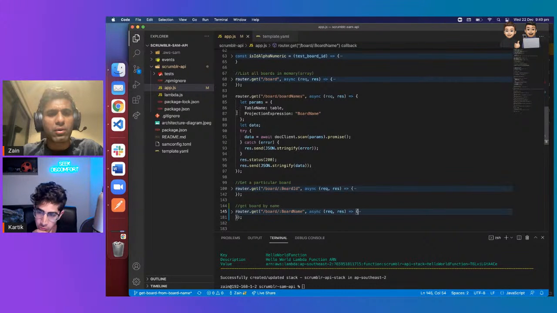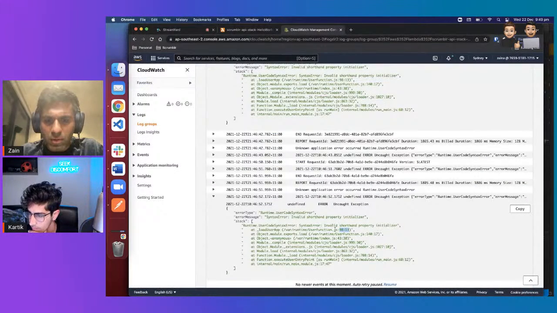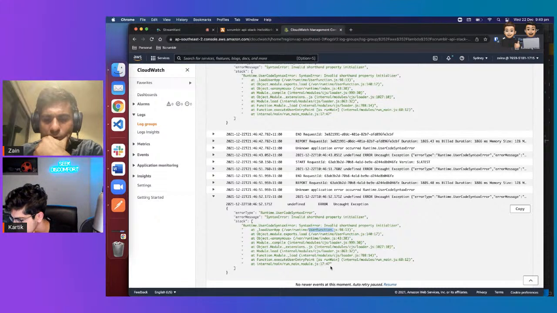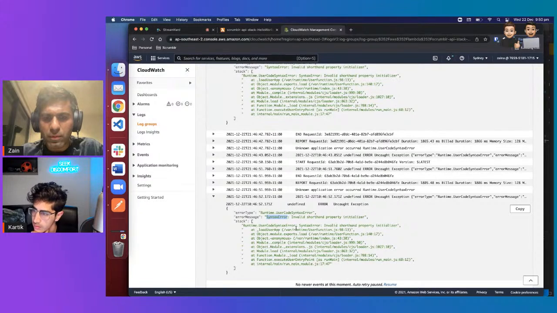Also, the 98 which you're looking for, it's not of the app.js. If you go back to it, it's user function.js. So that's probably not where it's coming from. You need to look for app.js. User entry runner 708. Maybe it is something else. It's saying it's a syntax error. Yeah, invalid shorthand property initializer. I think what that means is that